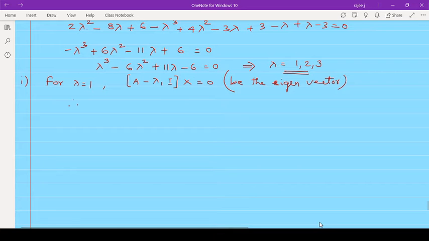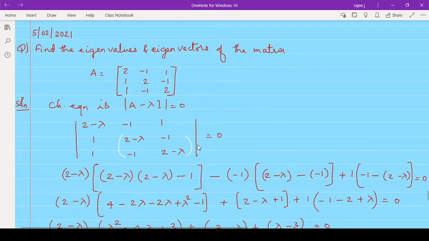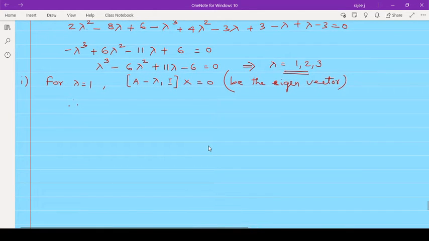Therefore, from this matrix you need to subtract lambda from the diagonal, lambda equal to 1, from the diagonal elements. So the matrix will be, we are subtracting 1 from the diagonal elements, 1 minus 1, 1, then 1, 1 minus 1, 1. Please check the sign, and correct me if I am wrong somewhere. So this is lambda equal to 1, we subtracted from each of the diagonal elements: 1 minus 1, 1, 1, 1 minus 1 and 1 minus 1, 1 we got.